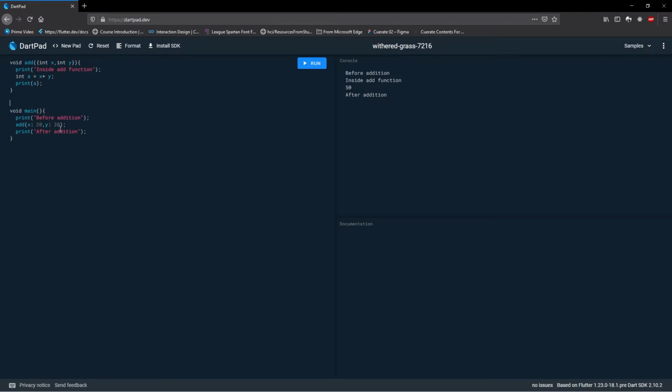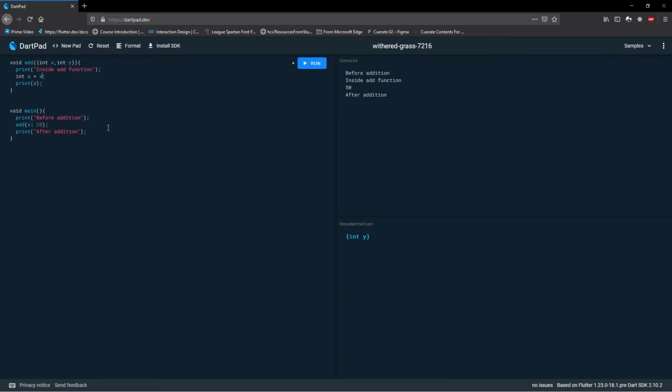Now let's do this. If we remove one argument over here, will this throw an error? No, it will not, since named parameters are also called optional arguments. What does optional arguments mean? It means that you do not have to give every single value over here. You can omit some values, but you should be careful while you use them.